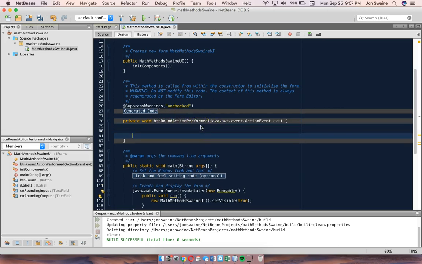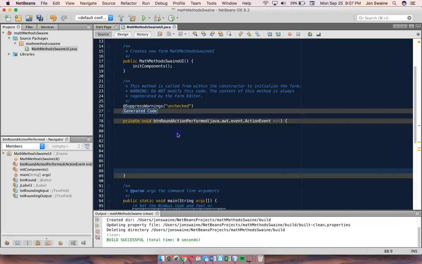Okay? So I'll make some spaces in there so that I know where to go and what to do. What do I need to do? Well, first thing I need to do is I need to get the number that someone types in, right? So there's a text box called txt, and I can look down here. There it is, txt rounding